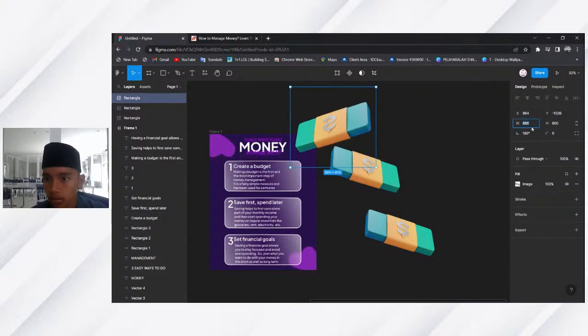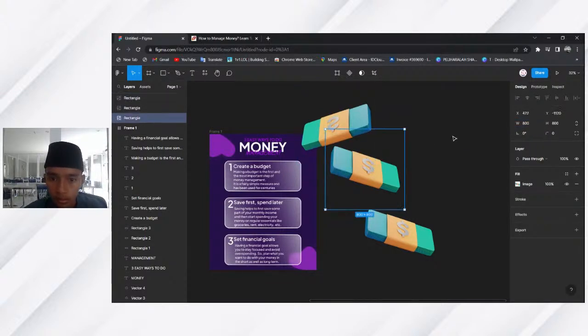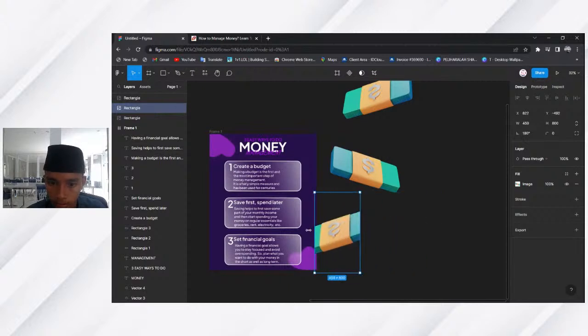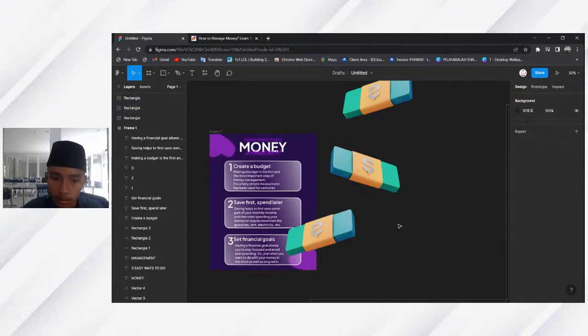And for the size, for the large one, it's 800 by 800 pixels, and make sure to do the same with this one. Wait, no, that's 600, and then 800 pixels. There, done.